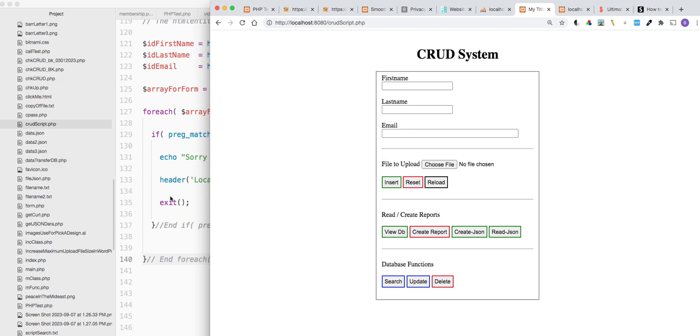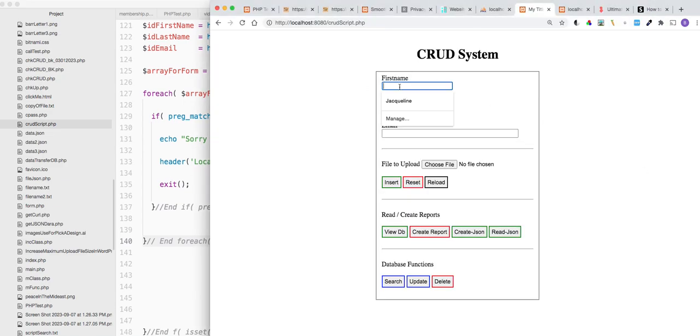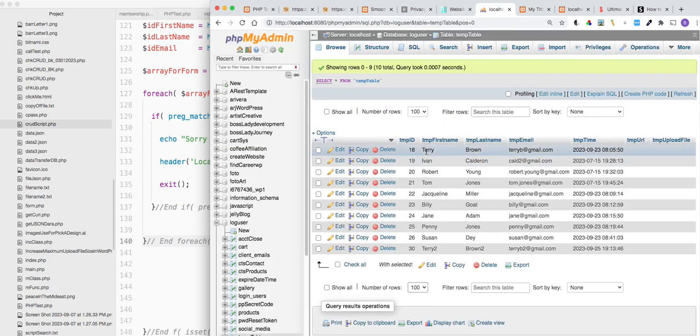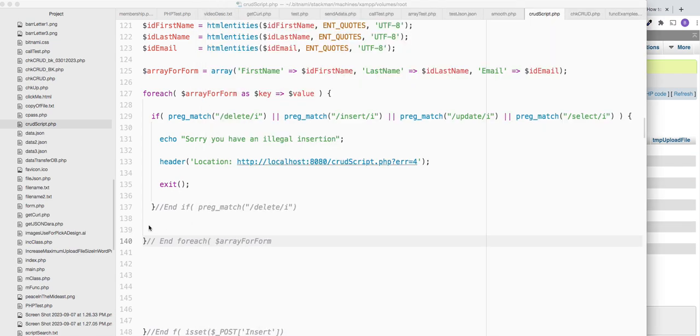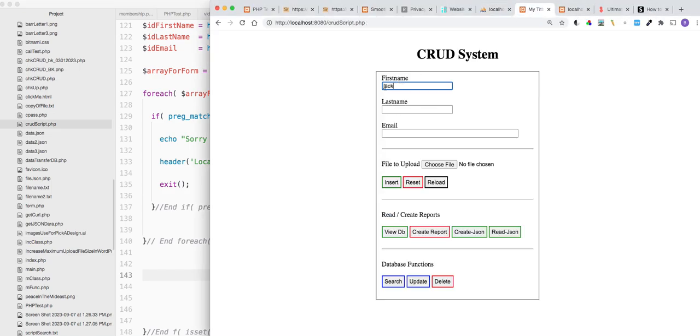Nope, very good. So now let's say somebody did this, right? See, it's caps because I did it like that, but somebody could have typed something like "jack", like this. Well, you want the database to be uniform. This is why you capitalize the first letter, because I made it that way, just in case. Now, if somebody put this as a J, like this,